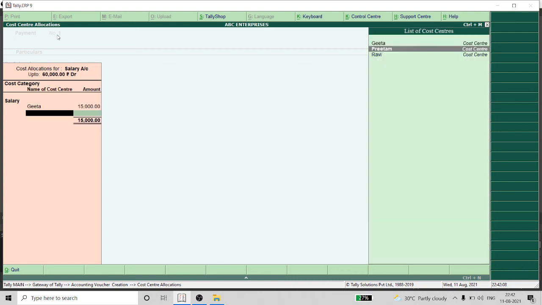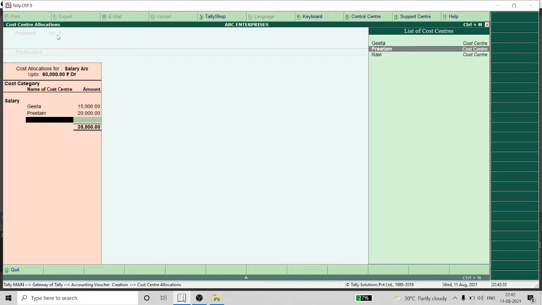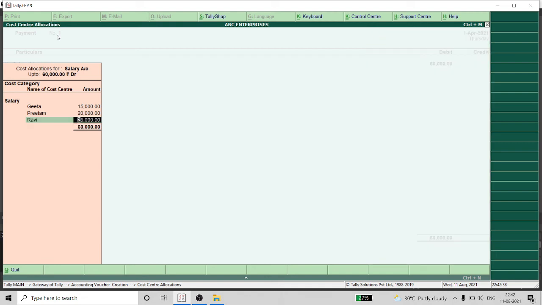Next Preetham, 20,000. Next Ravi, 25,000. Here we are dividing our salary under these cost centers.